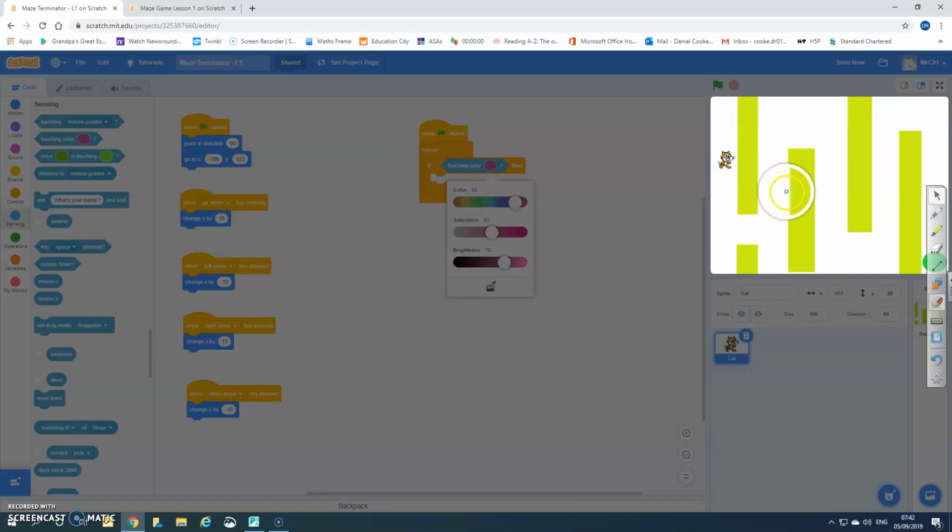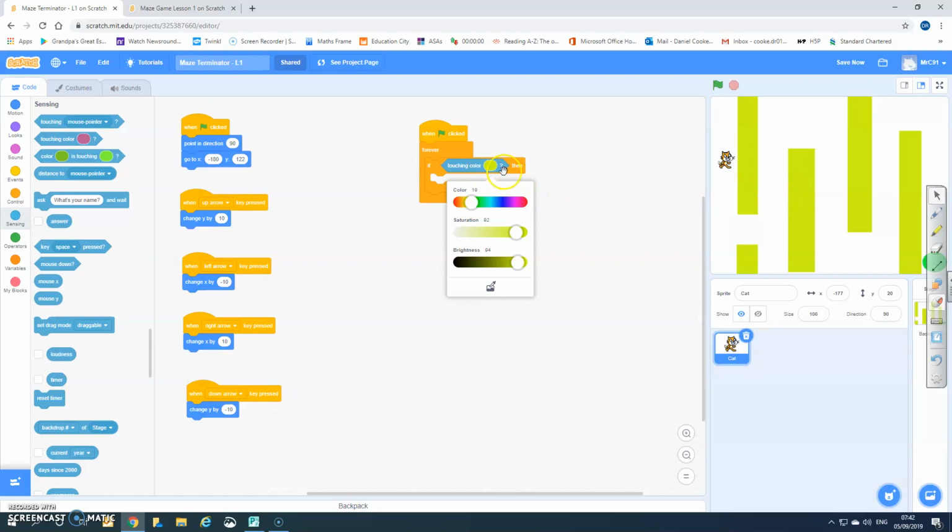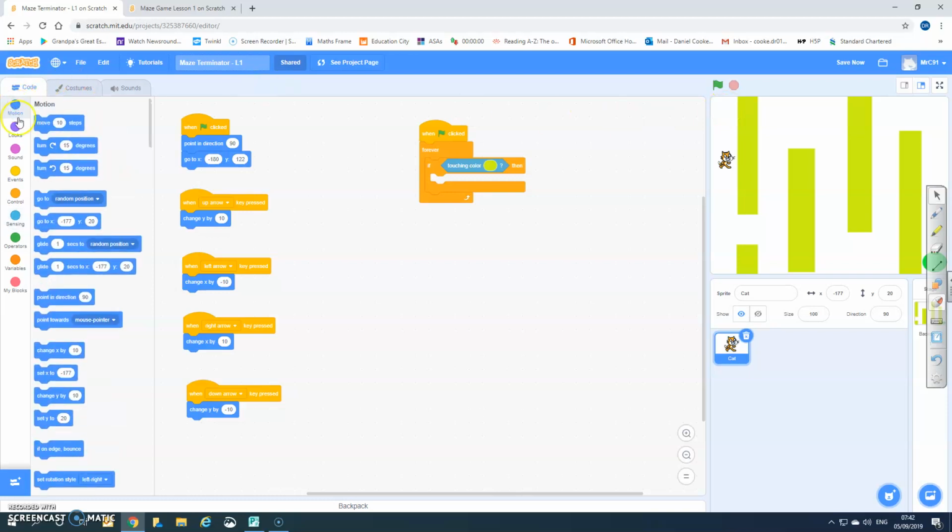And you need to make sure the whole circle is colored, filled with that color. Click. And then that color is matching the colors of your wall. Finally, I now need to put the instruction in that when it touches the walls, it goes all the way back to the start. So in order to do that, go back onto motion, and then go to this one,